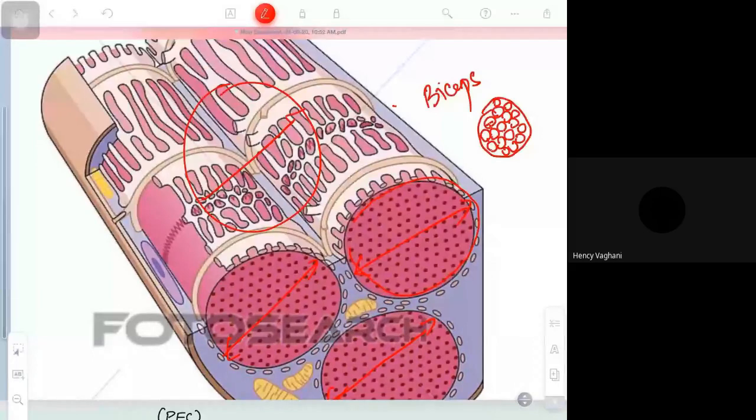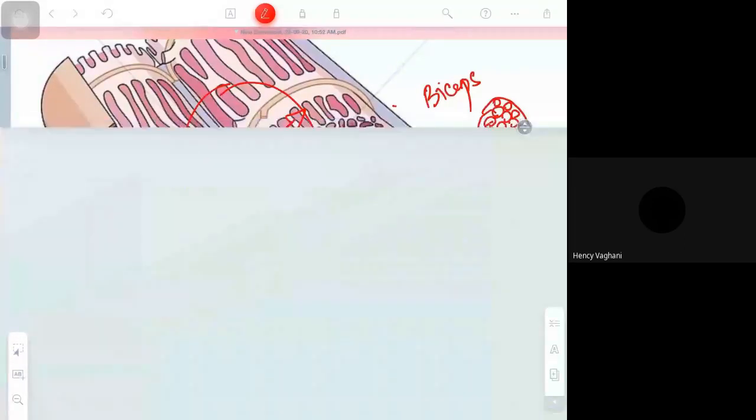As the muscle bulk is increasing, the cross-sectional area is going to increase. If the cross-sectional area is increasing, then the availability of protein is going to increase. Clear? You take two muscles,